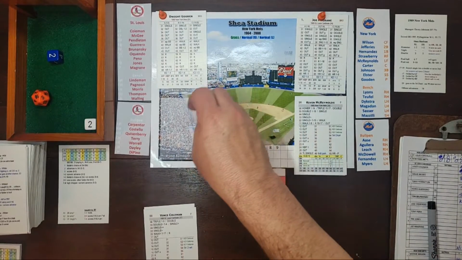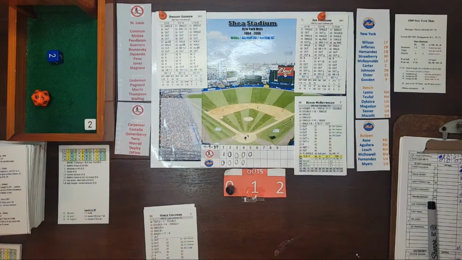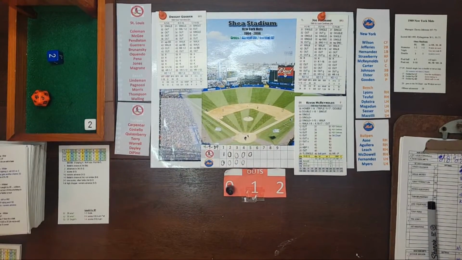And again, just like the game from this afternoon, the offenses are stagnant at the moment. Of course, on opening day,